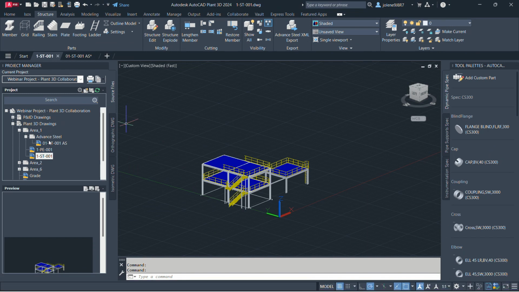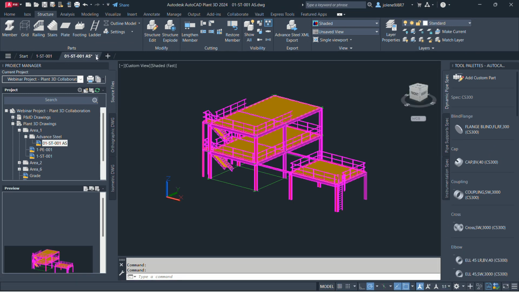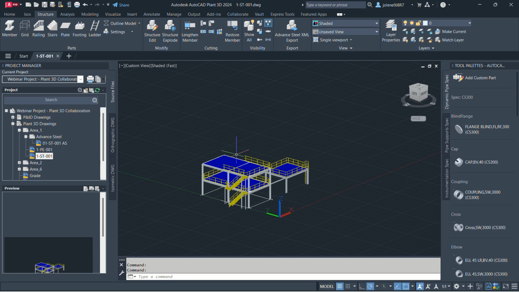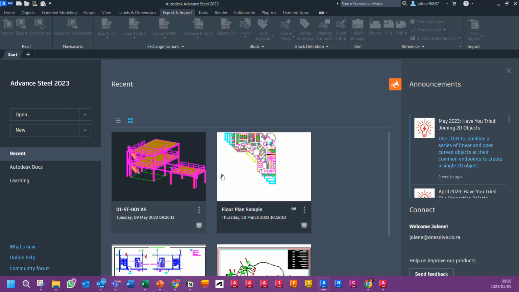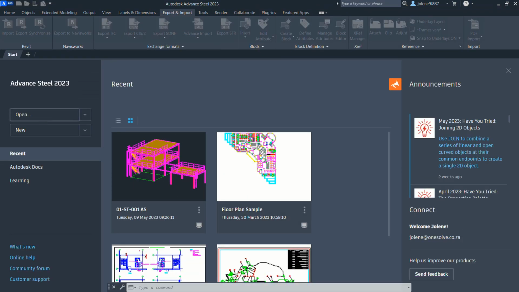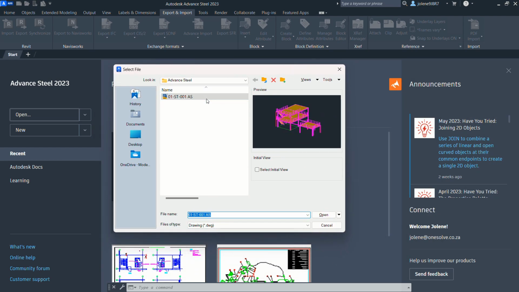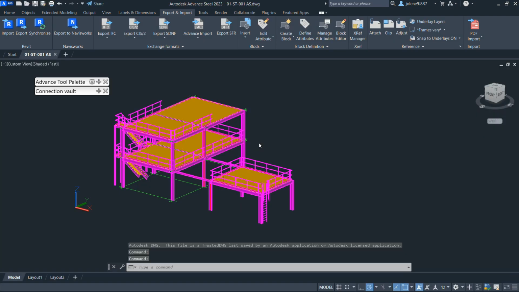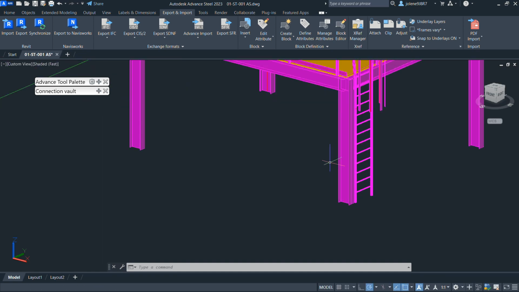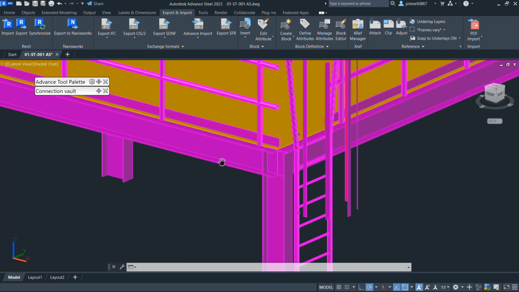We'll close it there and then go and open it in Advanced Steel. So now we got that Advanced Steel model open in the Advanced Steel software, and you can go and start